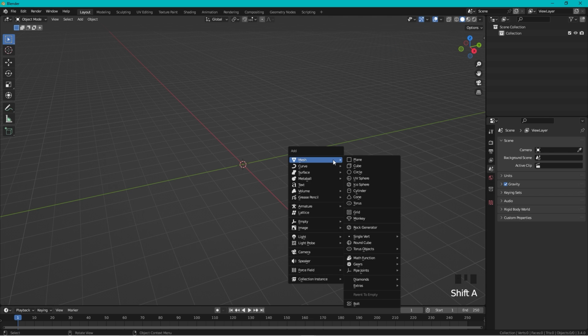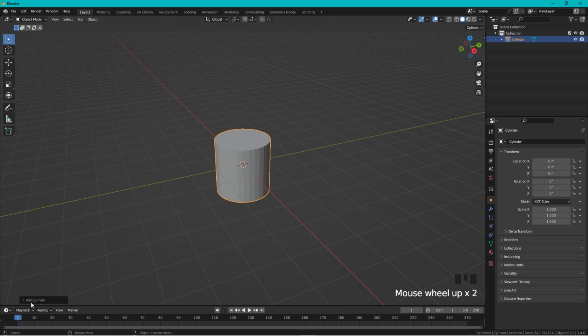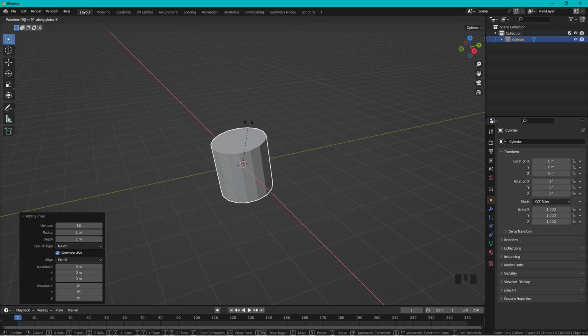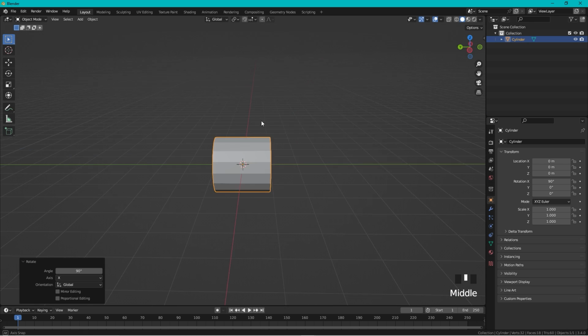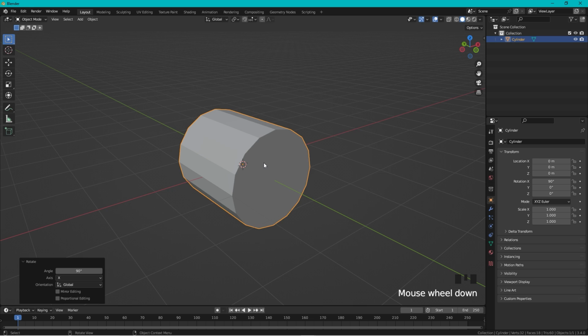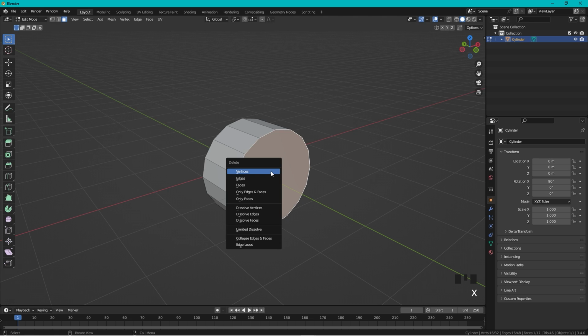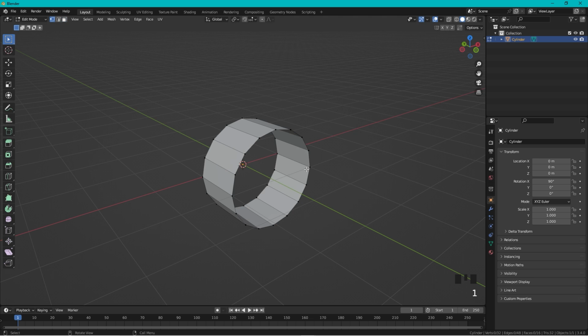Okay, so let's start out by creating a cylinder, something like that, and make it have just 16 sides. Let's rotate it around X 90 degrees, and we can enter edit mode, and let's add a loop cut. Select this one, vertices, and delete, and press number 3 to face select and delete this face,